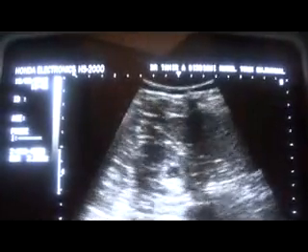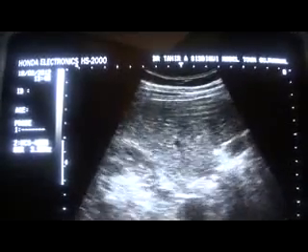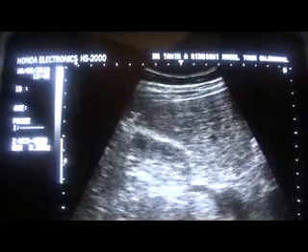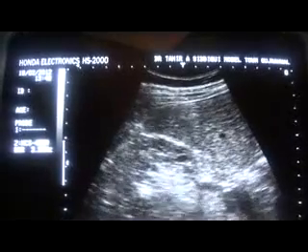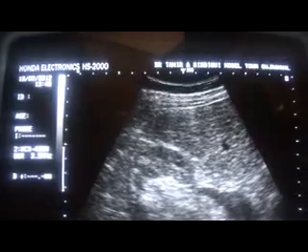And in transverse section, you can see that the renal vein is entering the hilum. This is the renal vein entering the hilum region,